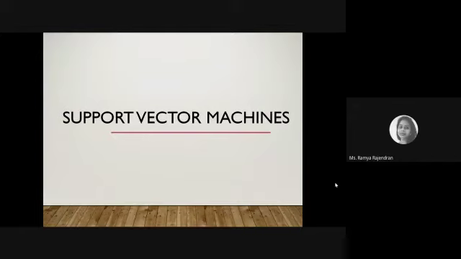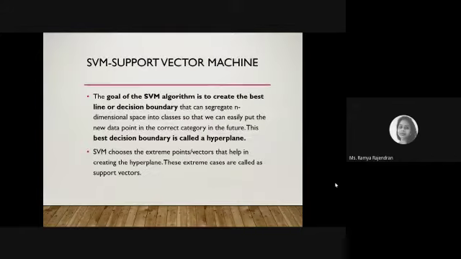So let's get into our session on support vector machines. Support vector machines is one of the very popular and simplest algorithms in the machine learning domain, because it doesn't use probability techniques and other things. It's very simple, and you can apply it to any classification problem or a regression problem. Initially, support vector machine was used majorly in the 90s for classification problems. Later it became popular, and people started using it for image classification and text identification as well.